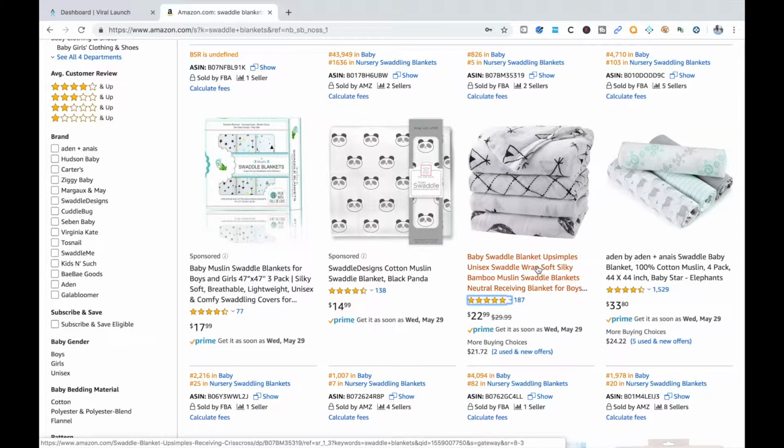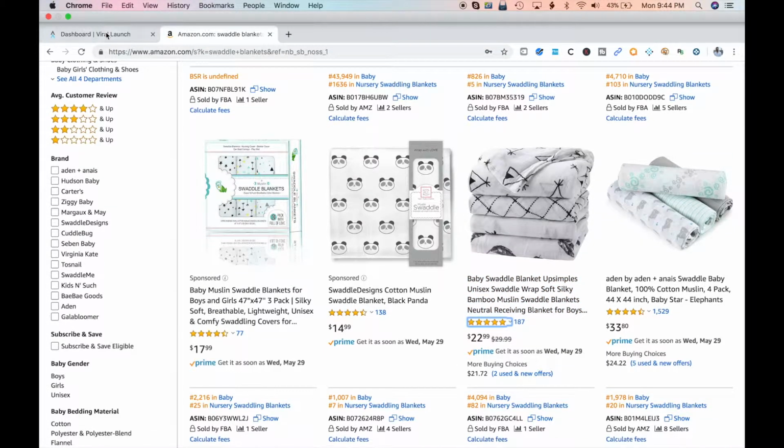But for example, you might call the product you're selling a swaddle blanket, but other people might call it, I don't know, a receiving blanket or a wrap blanket, right? So you want to put as many different related and relevant keywords to your product as possible. And to do this, you need to do what's called keyword research, right? And how I do my keyword research,